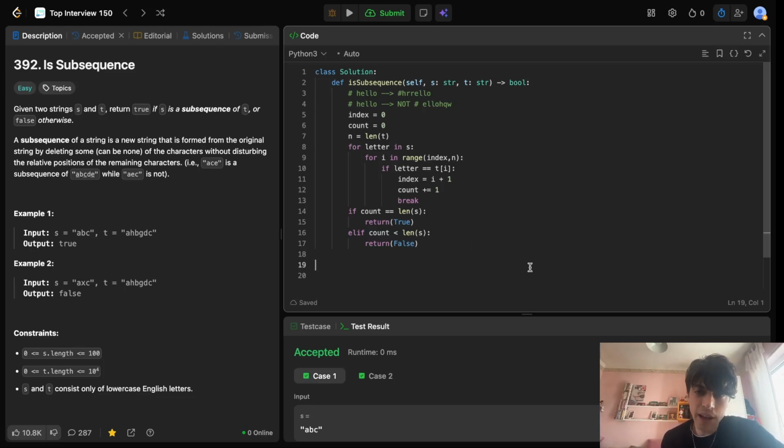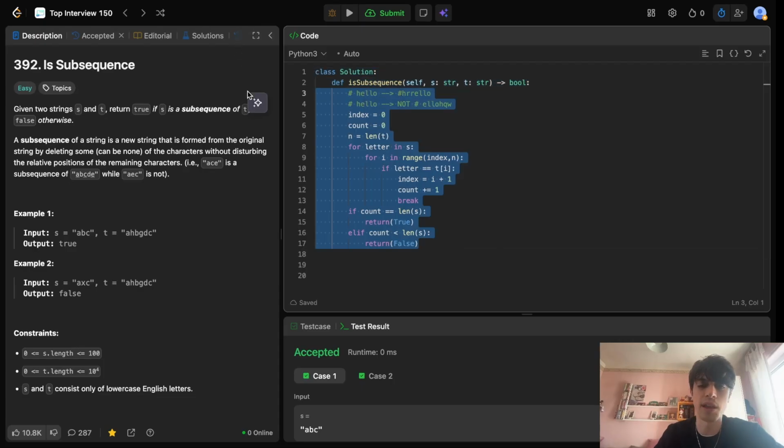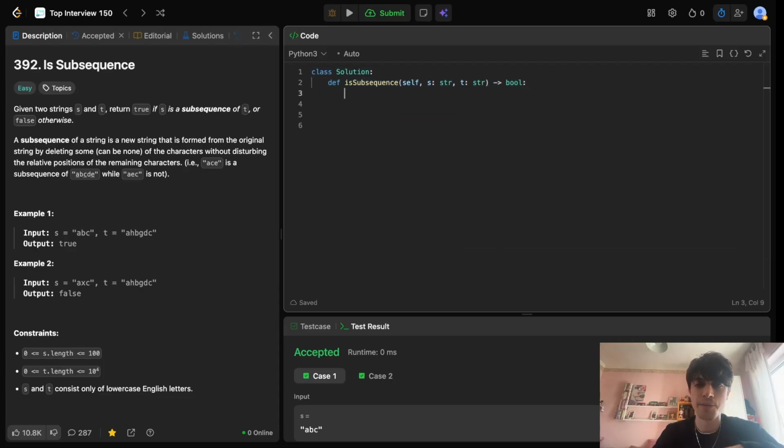Okay, so I had a look, and we can do that. Of course, since we are dealing with the category of two pointers, we can do that with two pointers. We actually had two pointers here, because our two pointers are, in a sense, our i and our letter. But a way we can do this better is to simply forget about everything. We know that our solution works, but just because we want to be super good at understanding these algorithms, what we could do instead is to write down i and write down j, initialize both to 0, and then write down something like